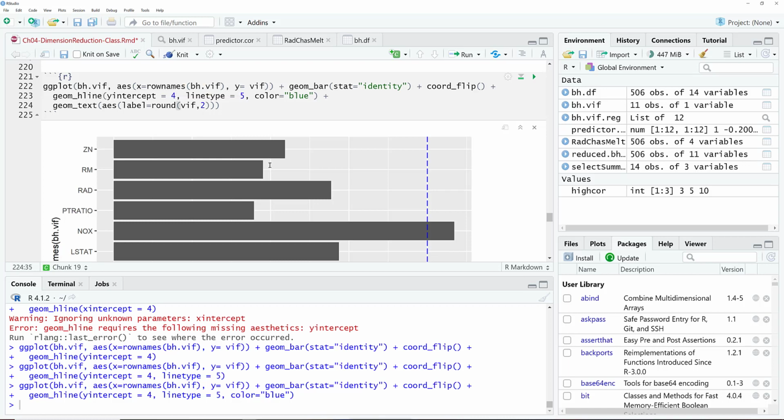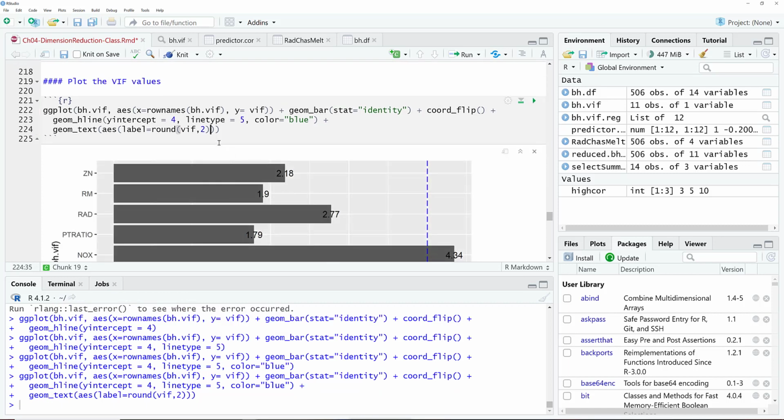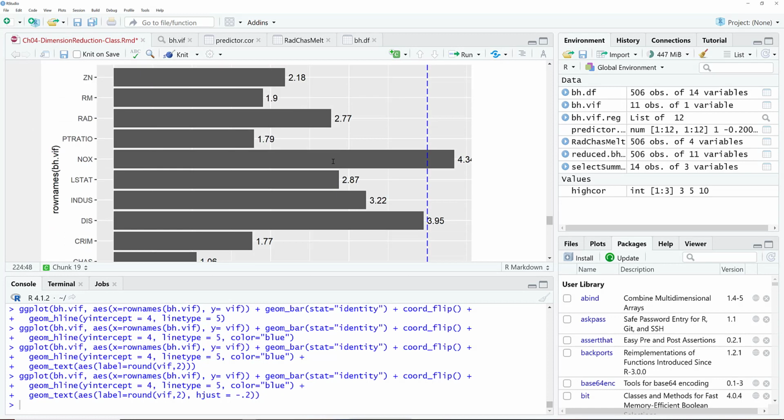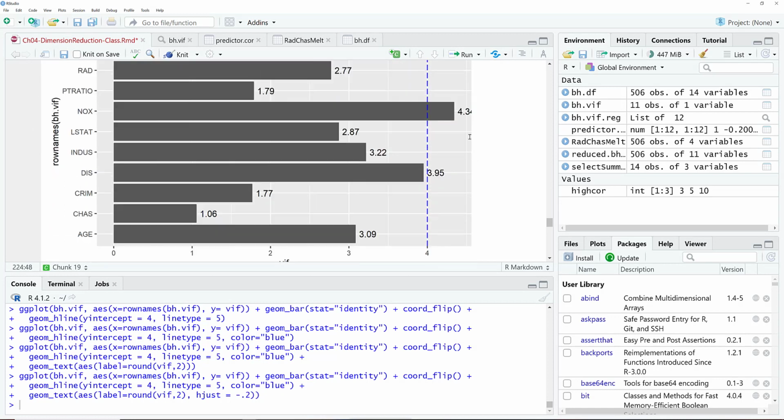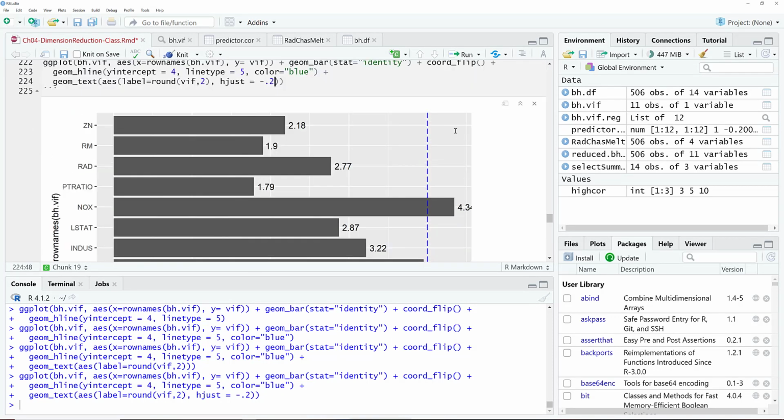And then we have to do H justification, say, minus 0.2. Now that one is getting cut off, so we can have